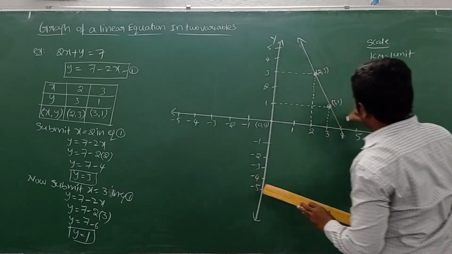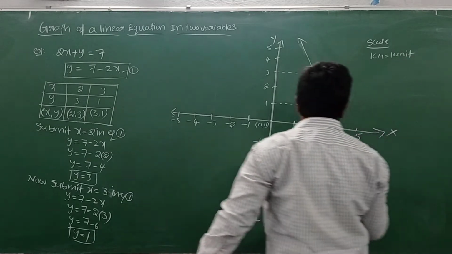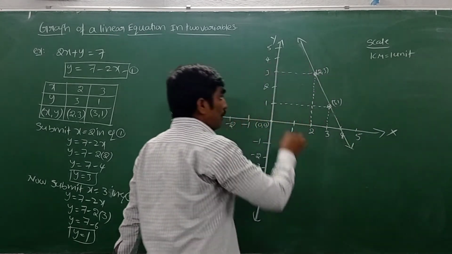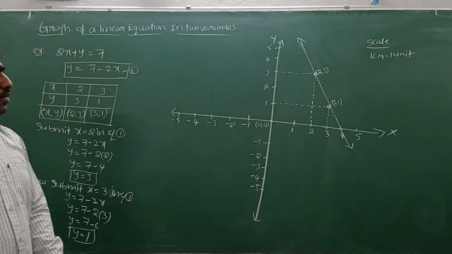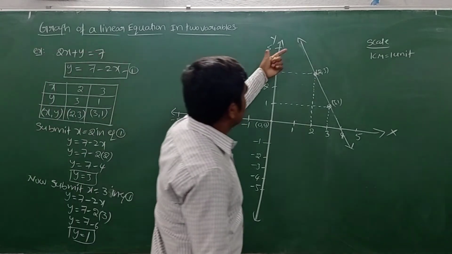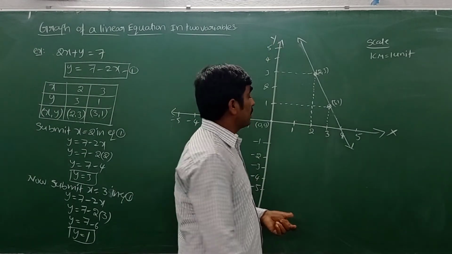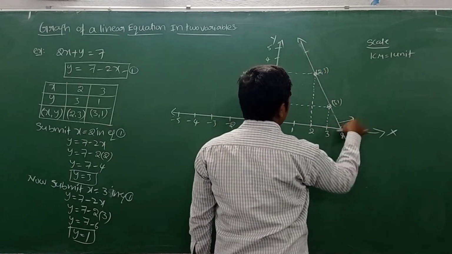We can extend both the sides endlessly. The reason is we can find infinite solutions to plot those infinite points. We can extend the line endlessly in both the directions. Now see what is the graphical shape? I got a straight line. So write its line equation.